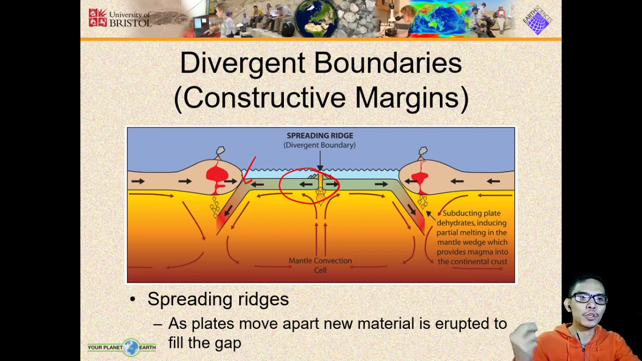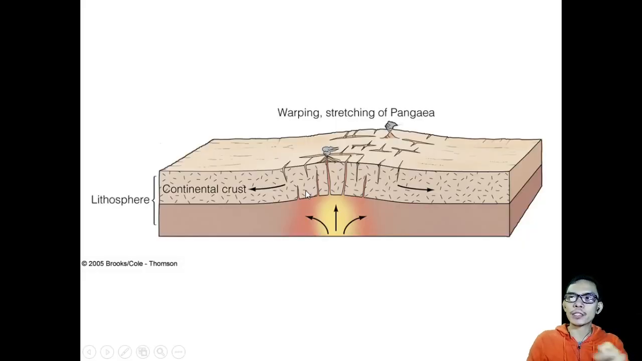It's because the new material fills in the gap as it erupts from the mantle up to the Earth's surface. So it constructs, or it provides, new material to the Earth's surface. As you go here, we have an example of how a typical rift valley is